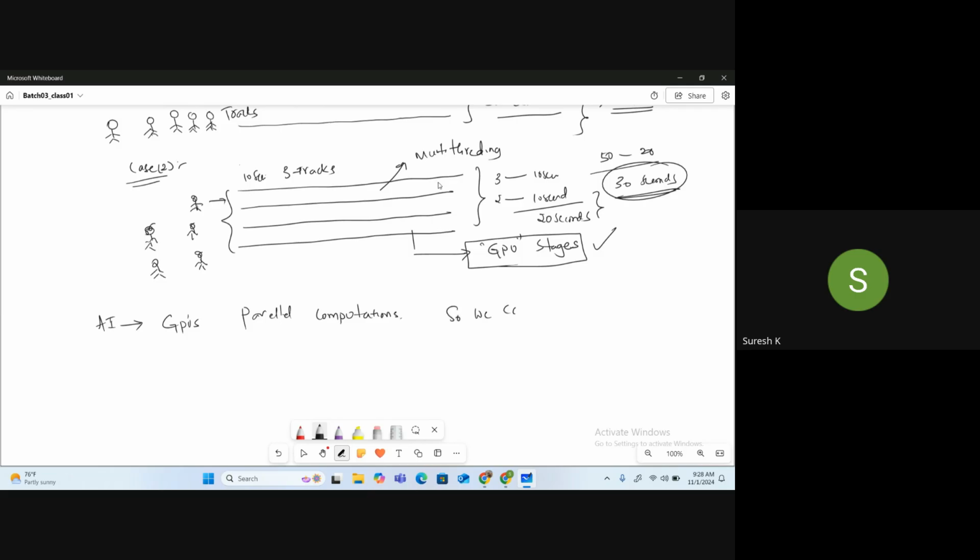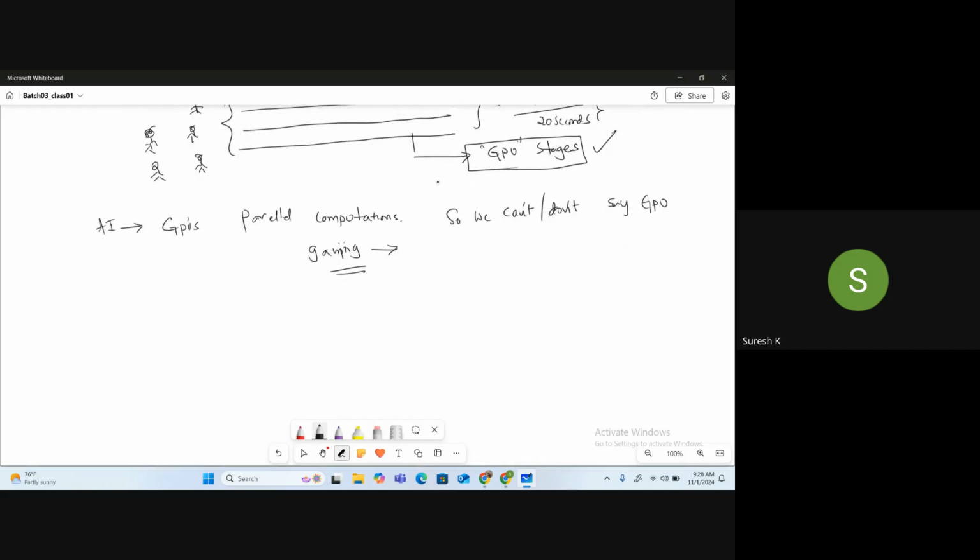So we cannot say that GPU is used only for gaming. Okay, this is also correct. I'll tell you the reason. GPU is used for gaming. How does it work in gaming?